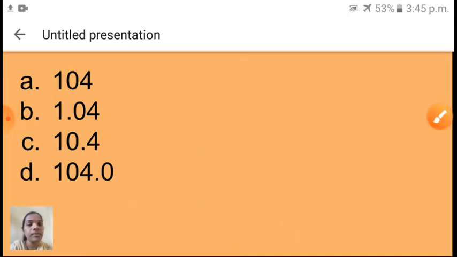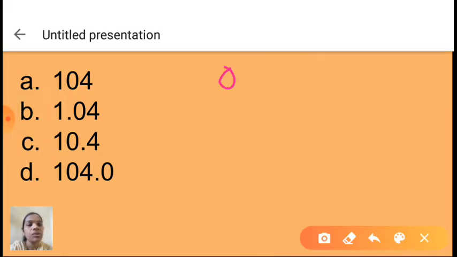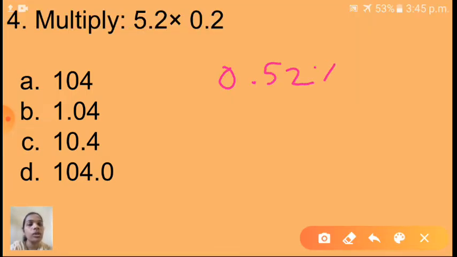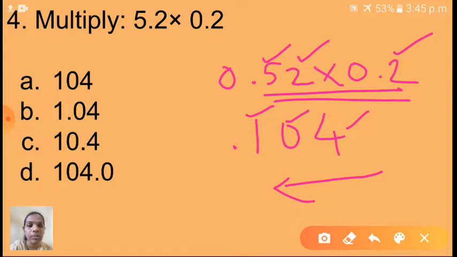In case your question is like this, see here children, 0.52 into 0.2. What will you get? Yes, that same answer. But see the question here. After the decimal point, how many digits are there? 3 digits are there. So you have to count from this direction. 1, 2, 3. So here you have to write a decimal point, and 0 will come. That means 0.104. Okay. So I hope you understood this one. Yes children. Shall I go to next now?